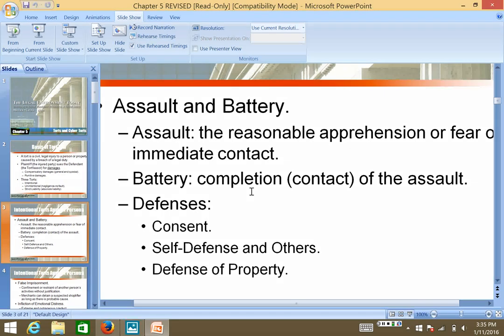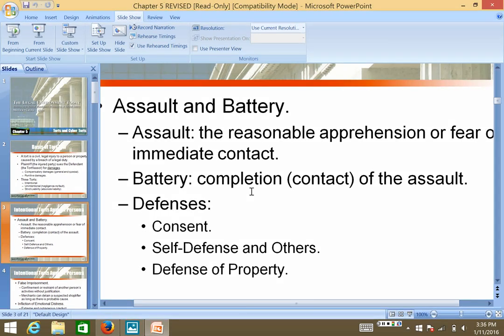Technically, that is an improper defense. At that point, he's using deadly force in the defense of property, trying to retrieve property, if you will. And the law will not permit that as a defense. He would have gotten in a lot of trouble had there been any injuries that occurred as a result.